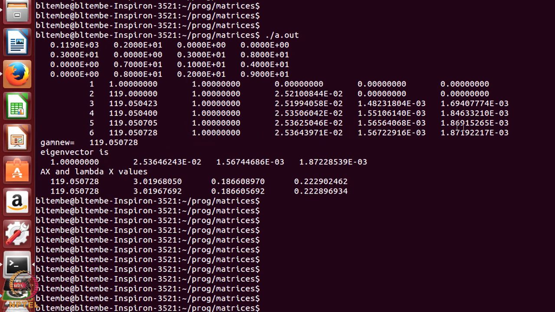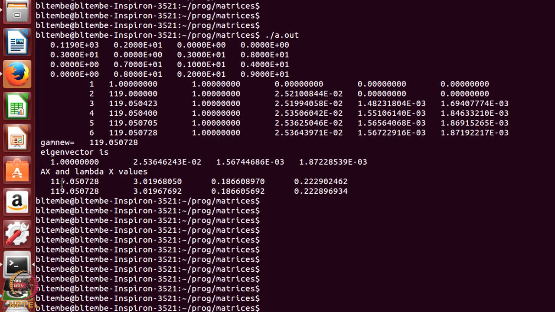So, this is my x. In one case I have multiplied lambda into that eigenvector and in the other case I have taken A into that eigenvector. So, top line is A x, bottom line is lambda x, this is a 4 by 4 case. You will see that both A x and lambda x are identical to the 5th digit.